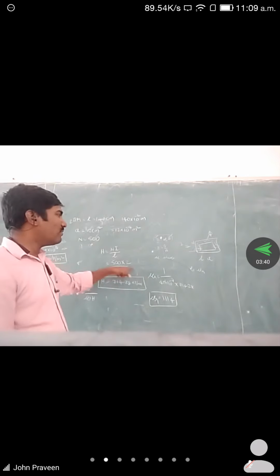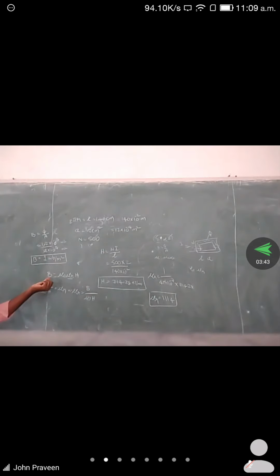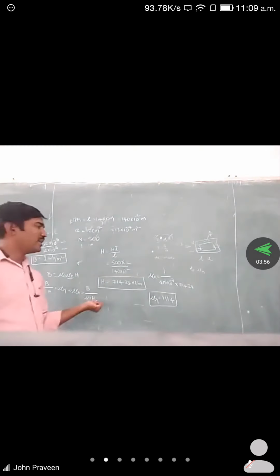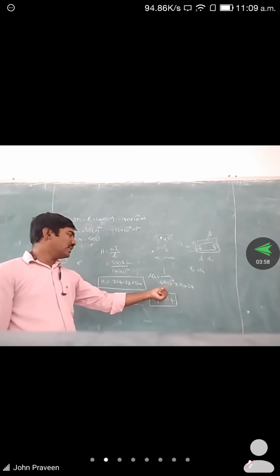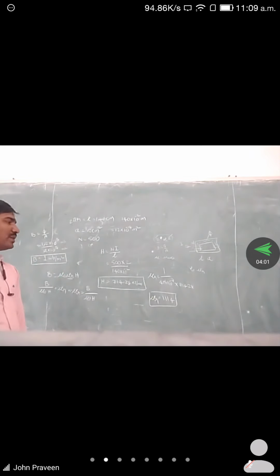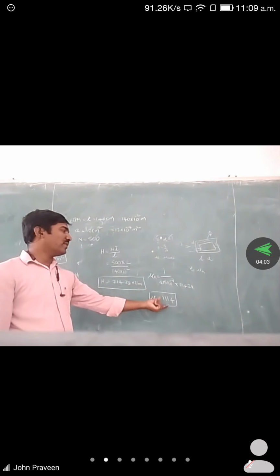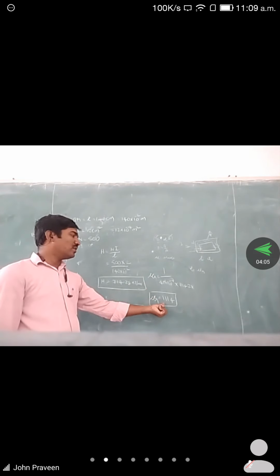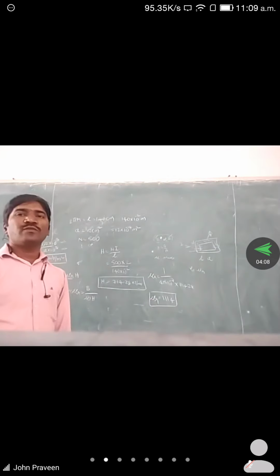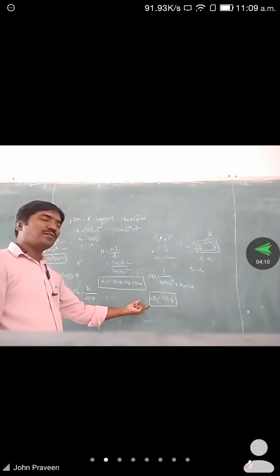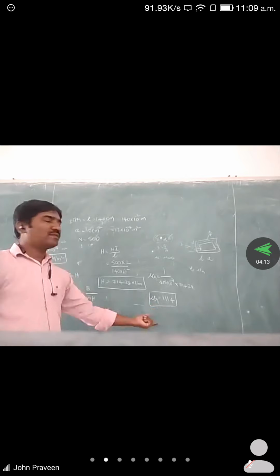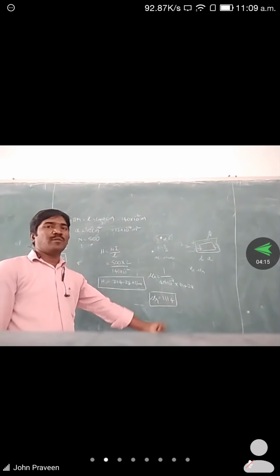So we know all the values. What formula have we used? B is equal to mu naught mu r H. So mu r is equal to B by mu naught into H. We substitute the B value, mu naught and H value. B is 1, mu naught is 4 pi into 10 to the power of minus 7, and H value is 714.28. If you simplify, finally we are getting the value as mu r is equal to 1114. There is no unit because mu r is a constant. Because of that reason, no unit is obtained here.